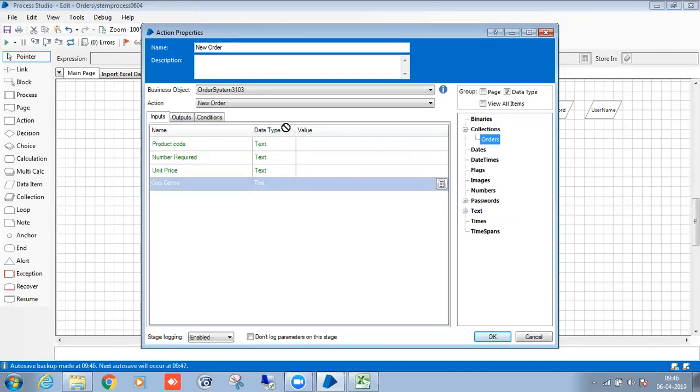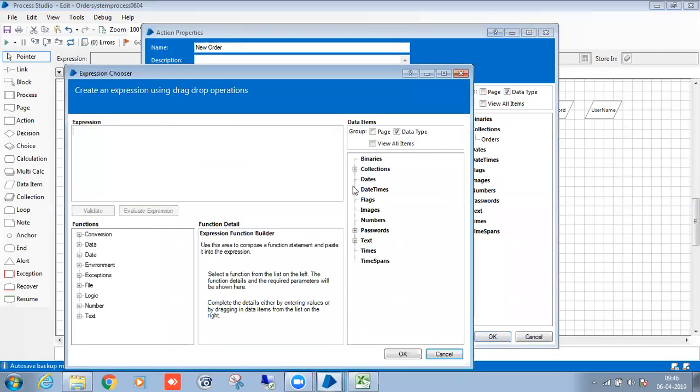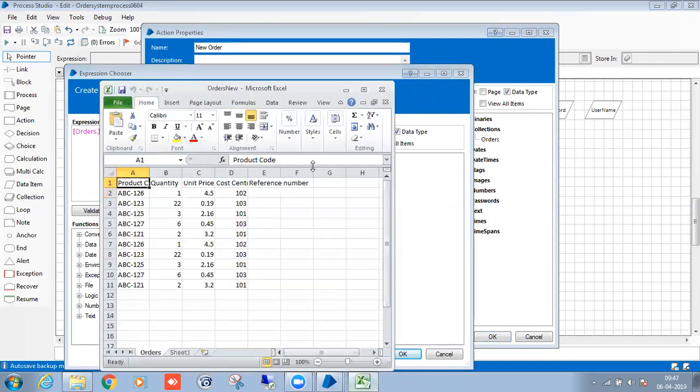So take the collection. What is the field name? Yeah, product code.